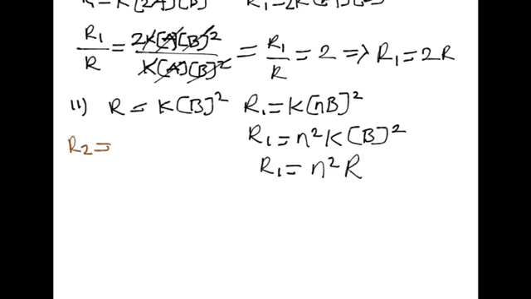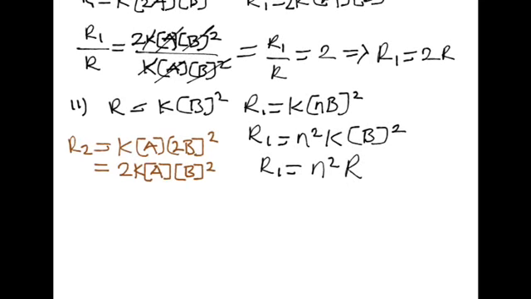So when we take R2, we have our k, our [A], then we have (2B) squared, so this is simplified as 4k. We have the square brackets of A and B squared. And so what do we do then? Let's divide R2 by our initial rate, which is R. So this is going to be 2k, and then we have our A, B squared, which is going to be divided by,